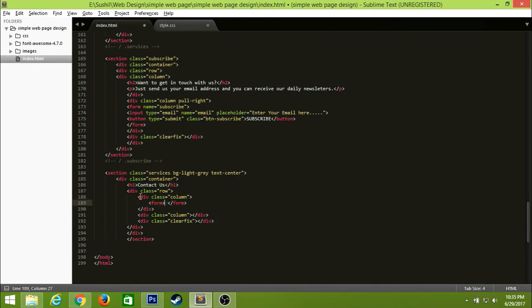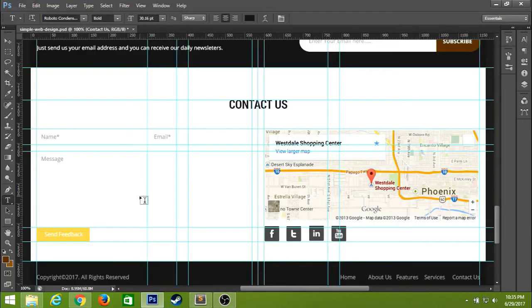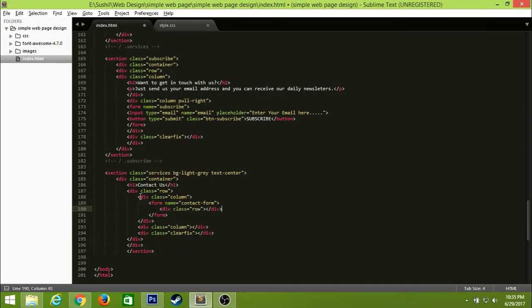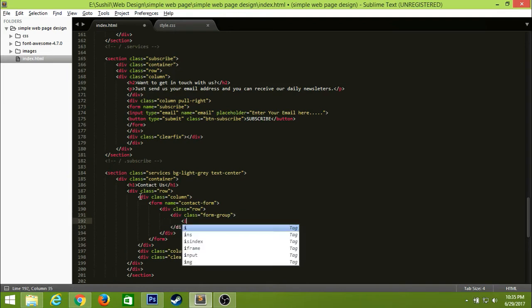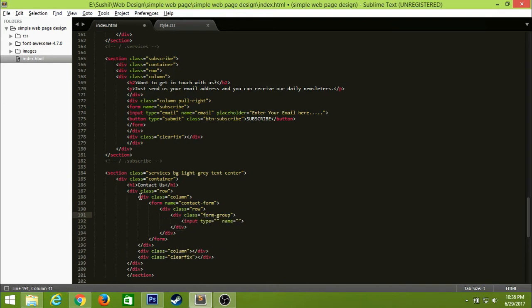And inside the first column, I want to put a form that will be our feedback form, or let's say contact form. And inside this, I want to create a row where I am going to create a form group, and inside the form group I am going to create an input for the text, that is name,